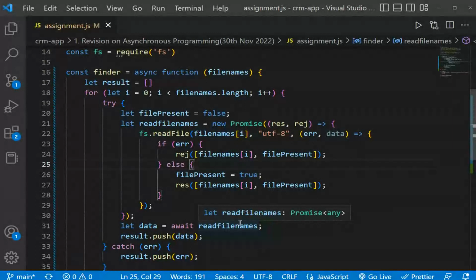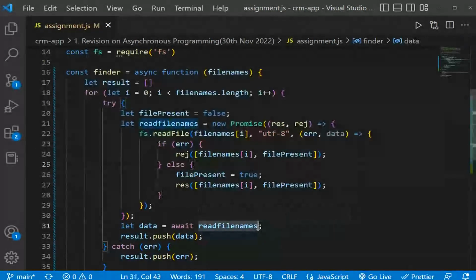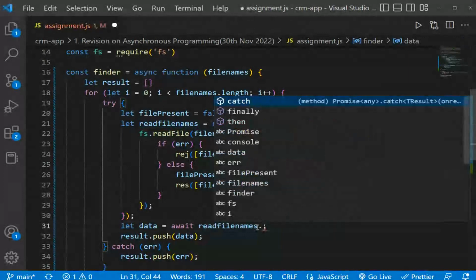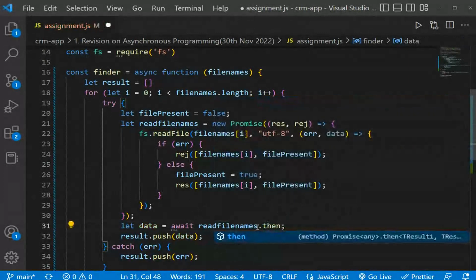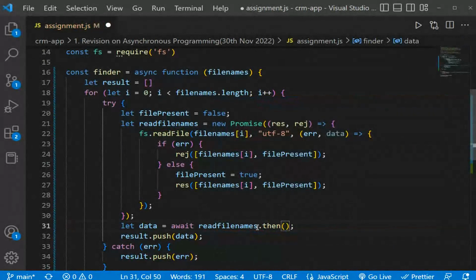This is a promise. I just need a way to read this promise. I forgot the way to read this promise.